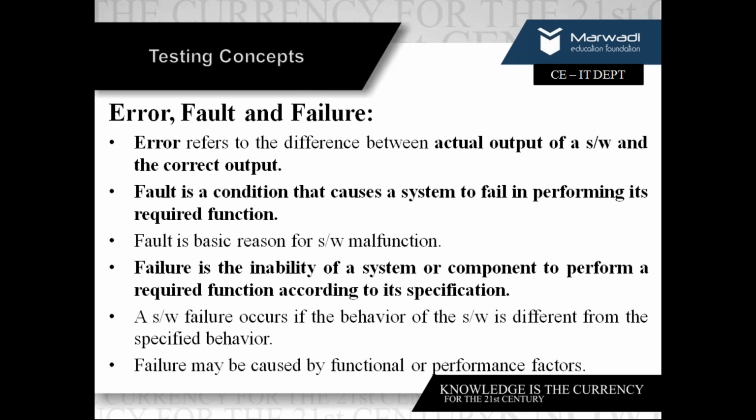What is error? How do I say there is an error? When there is incorrect mapping between actual output and correct output. Whatever my system was designated to produce as an output is producing something else. So there is a difference, or a deviation, between actual and correct output. It is called error. It can be asked as a definition, 1 mark. All three, 1 mark error, 1 mark fault, 1 mark failure. So you may jot down or you may make a star there. Error is deviation between actual and required or correct output.